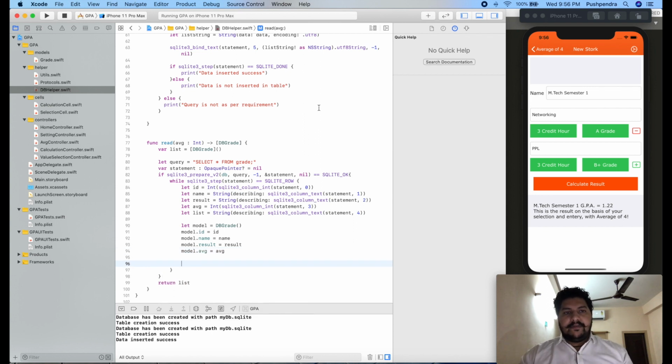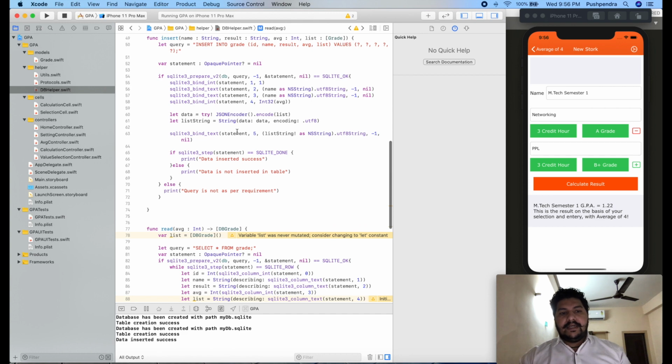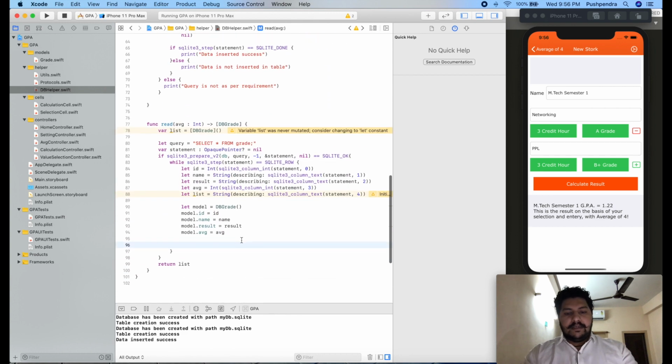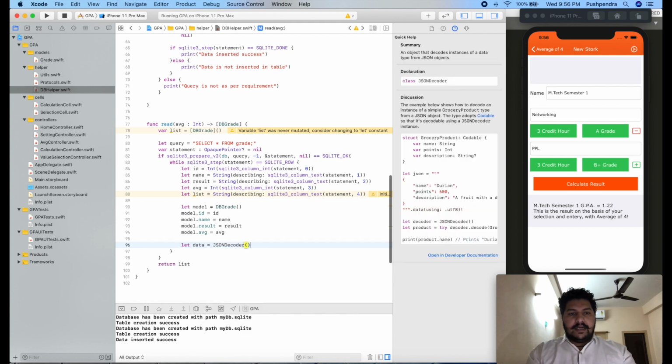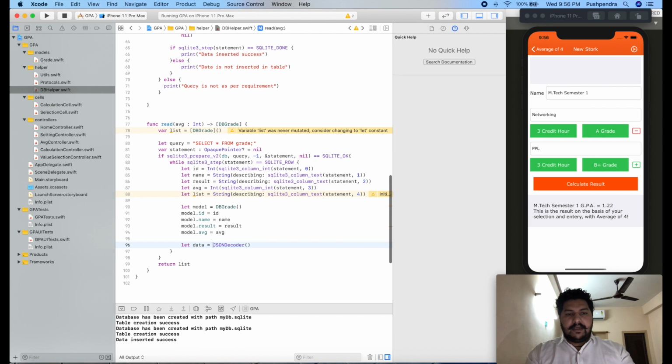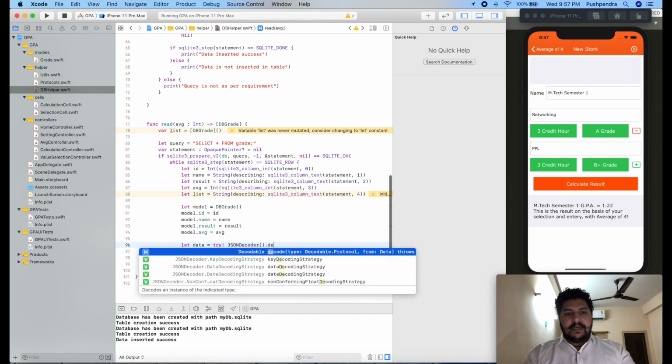Now in the same way how we encode here, we will decode. So let data, JSONDecoder, and this we will use with try. So try mandatory .decode.